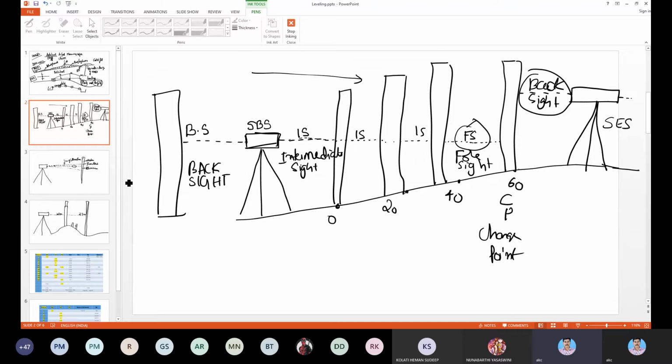So meanwhile, when the surveyor is taking all the readings, one more surveyor will be noting the readings. For noting, we normally use a book called a leveling book. I will show you how a leveling book looks also. In this leveling book, they will enter all the readings. Along with this center line level, we also took the side levels.